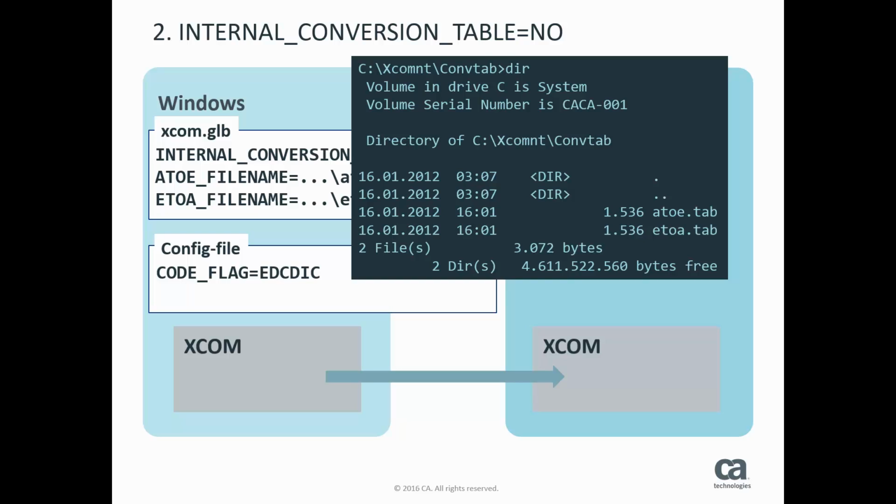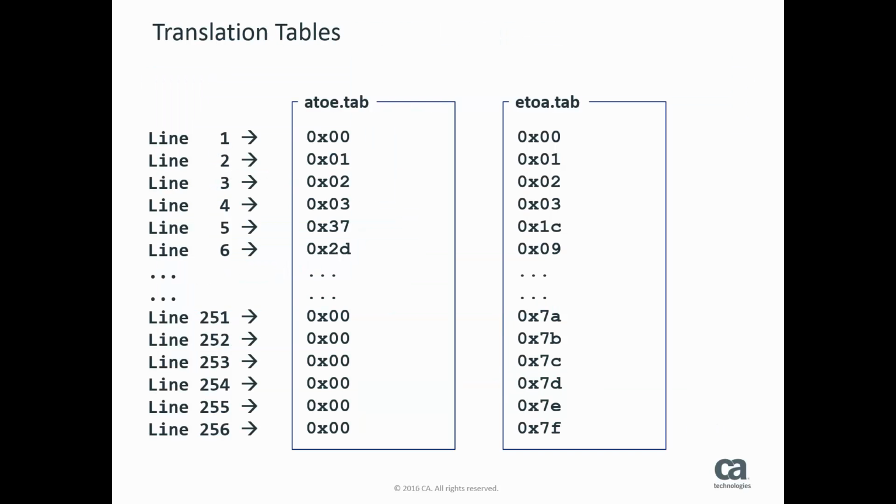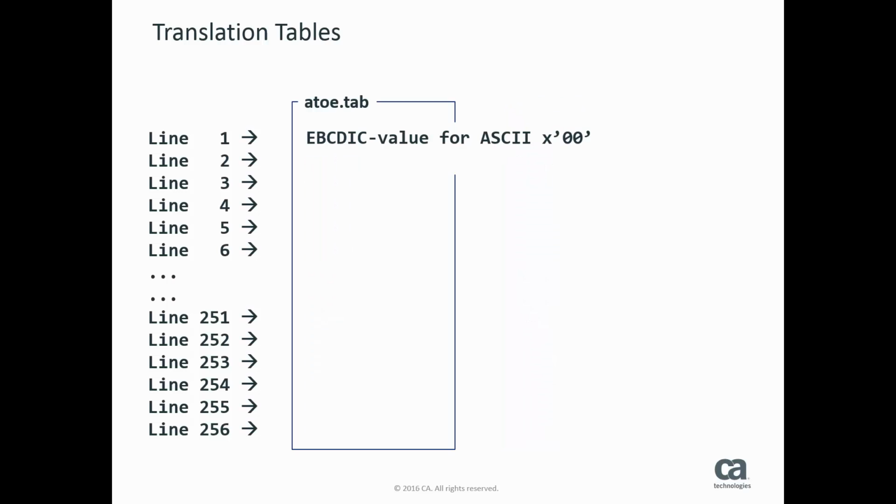With these files you gain flexibility in translating, as these files can be changed. But first we need to understand how these files work. So let's look at how these translation tables are constructed. They contain 256 lines each, and in every line a hexadecimal value is listed. At first glance, this looks strange, but there is a system behind these tables. Here you see the ASCII to EBCDIC table,